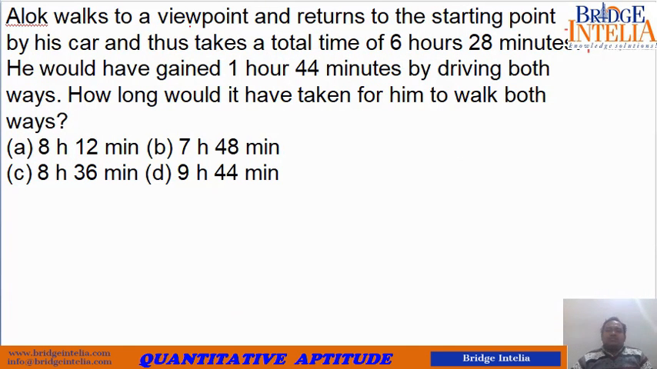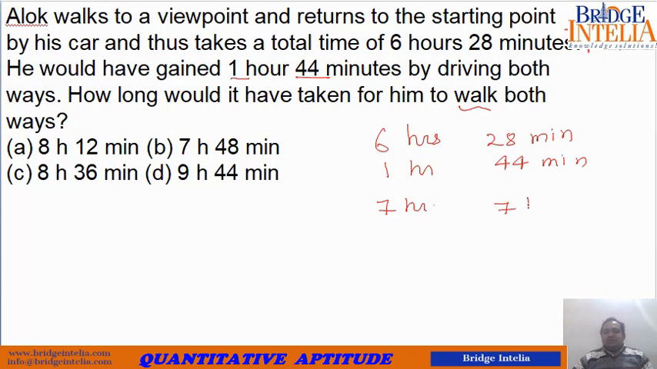Alok walks to a viewpoint and returns to the starting point by his car, and thus takes a total of 6 hours 28 minutes. He would have gained 1 hour 44 minutes by driving both ways. How long would it have taken for him to walk both ways? Same concept. What you are gaining, now you have to add that. So 6 hours 28 minutes, you have to add 1 hour 44 minutes. So this is equal to 7 hours...